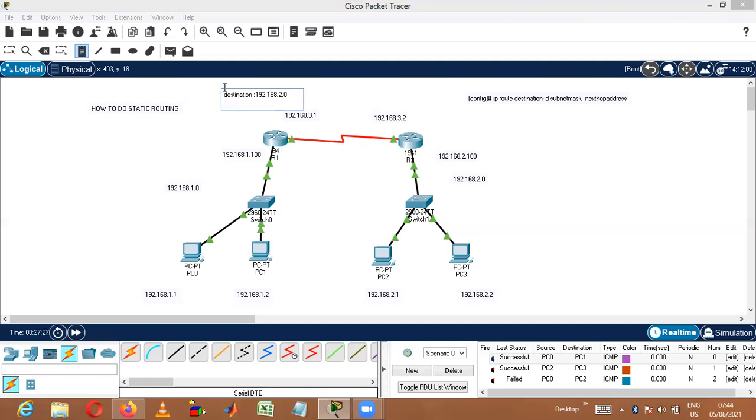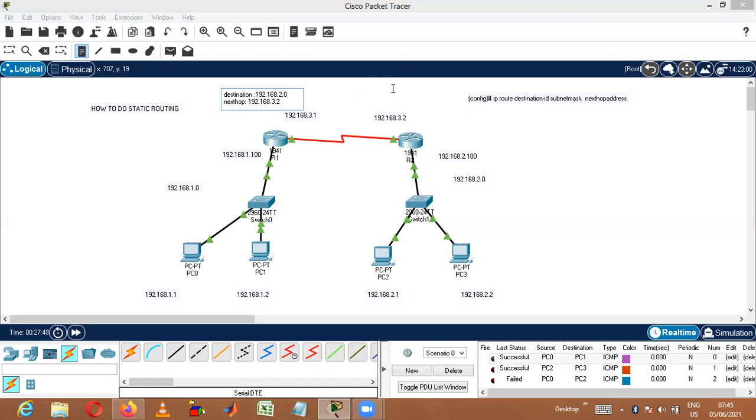And what is the next hop? Next hop is, for this router, the next immediate neighbor, right? That I should mention: 192.168.3.2 and subnet mask as we know.